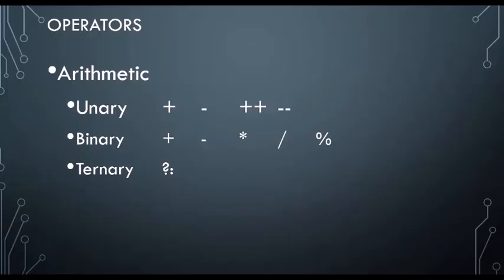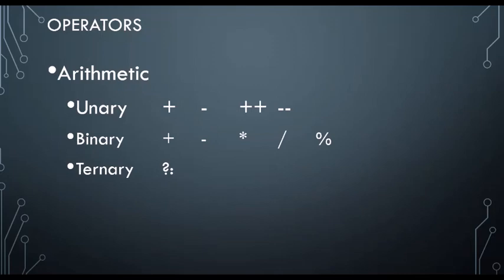The -- operator works the same way as the ++ operator. It also has two versions, the prefixed and the postfixed versions. Now the binary operators plus, minus, multiplication, division and modulus are self-explanatory. All are binary, they need two operands. 2 plus 3 gives 5, 3 minus 2 gives 1, and so on. Plus, minus, multiplication, division should not have any problem. With the modulus operator, many people do not understand what it is. The modulus operator basically returns the remainder of a division.